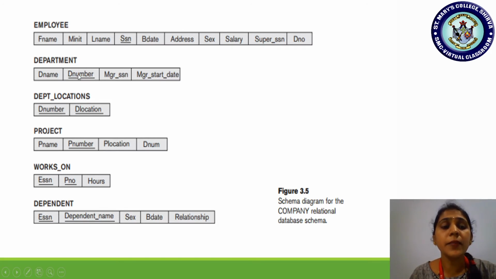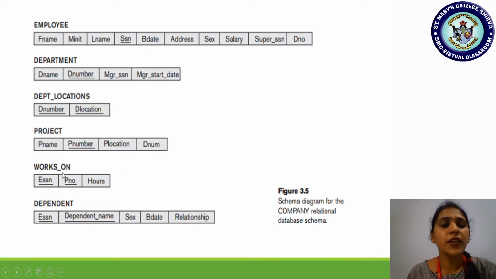See here, D number is the primary key of department, but it is existing in department location. So this department number in department location becomes a foreign key. And in project, P number is the primary key of project, whereas it is also including D number. D number, department number, is a primary key of which relation? Department relation. So as it is the primary key of the department relation, in the project the department number is acting as a foreign key.